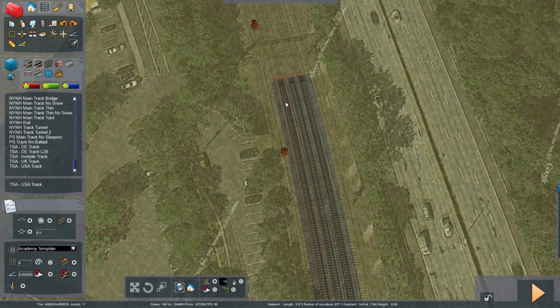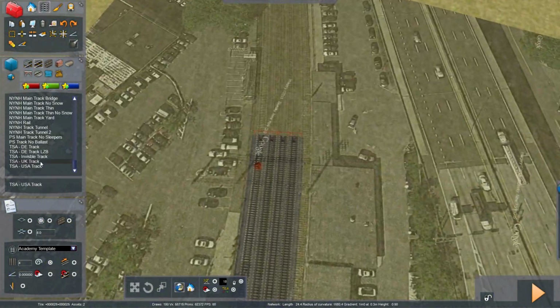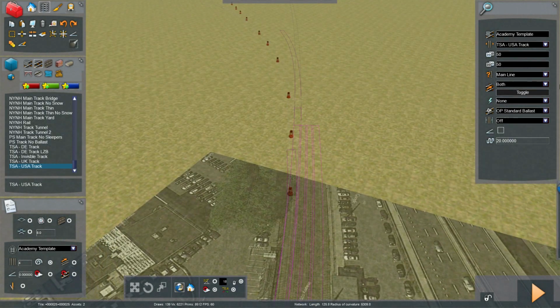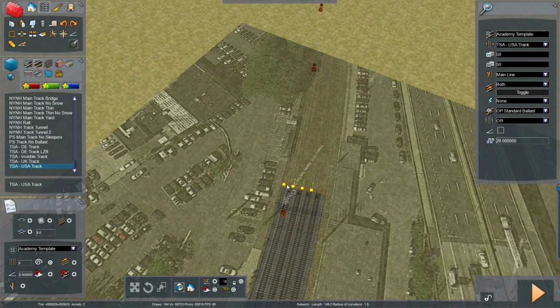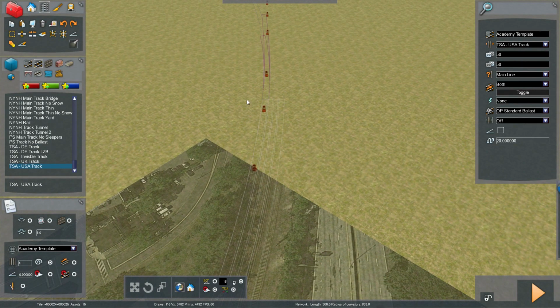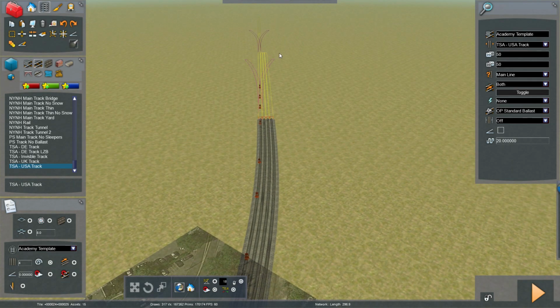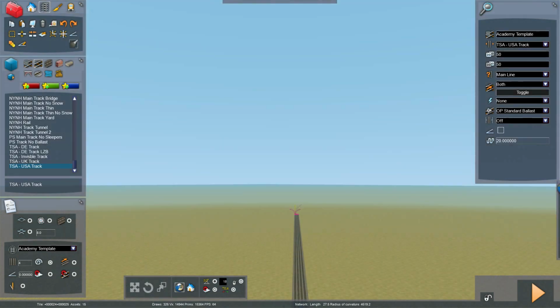But you get the point. Actually, I'll try to get it perfect. And the way you tweak it is by looking at the radius of the curve that you had laid. So let's say the length of the curve you had laid. So right now, this one is 272.3. So I'd write that down on a piece of paper, and if it ended up being off a little bit down here,